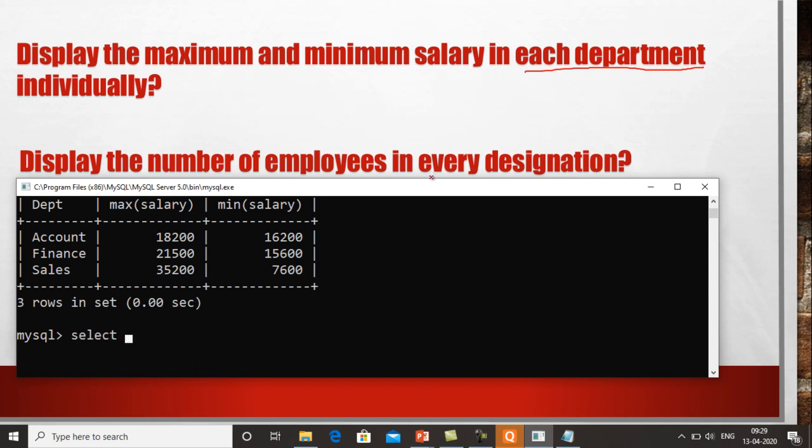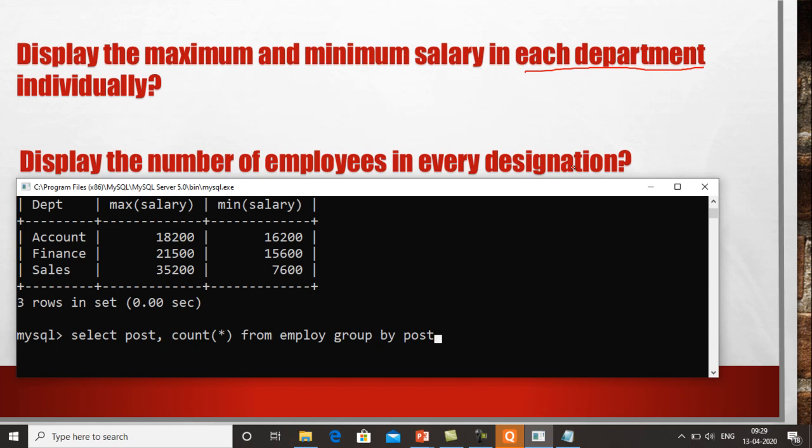Now in this case we have to find the number of employees in every designation, so we have to make groups on the basis of designation, and for designation we have the field post in our table. So we write post, comma, count star from employee, then group by post.